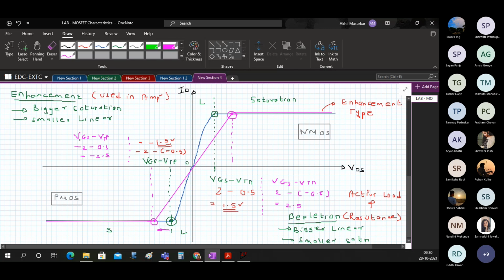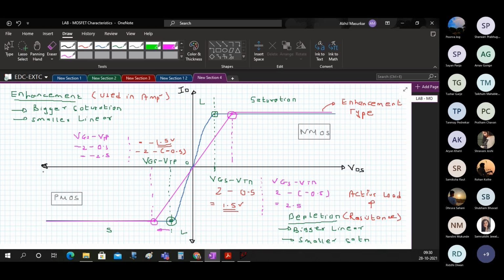So now we are planning to design amplifiers. So we will always consider which type of NMOS, that is enhancement type. So in all our further discussions, we will only focus majorly on enhancement type, but we will not remove depletion type because we don't like it.